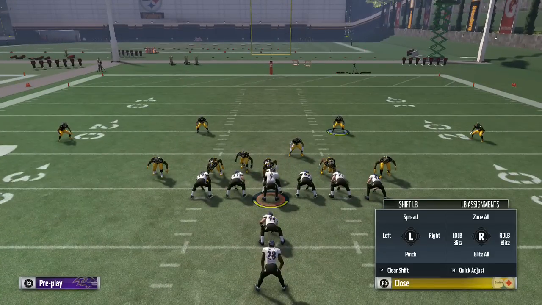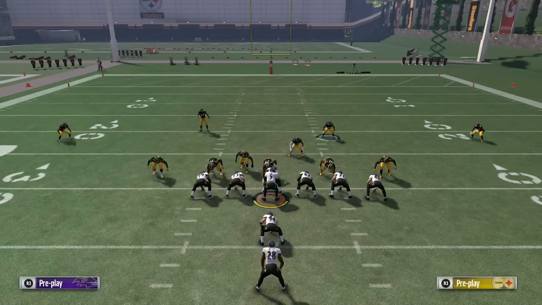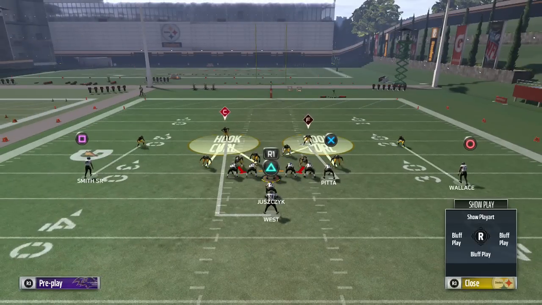So what you can do to mess your opponent up is hit your right bumper button or your right R1 button, and you can zone all your linebackers. As you can take a look here, all these linebackers are in zones right now. Now they're falling into the same area, but if your opponent has a tendency to throw the ball over the middle, throw slants, throw streaks with the tight end, this is going to mess up his reads,